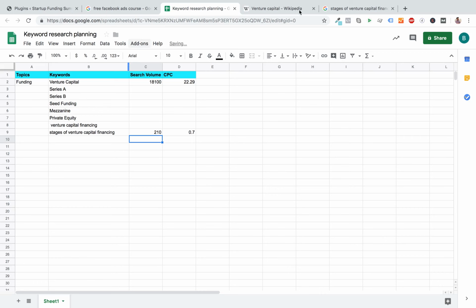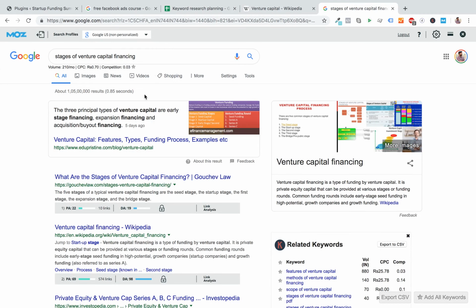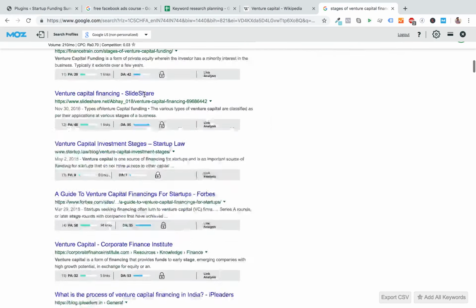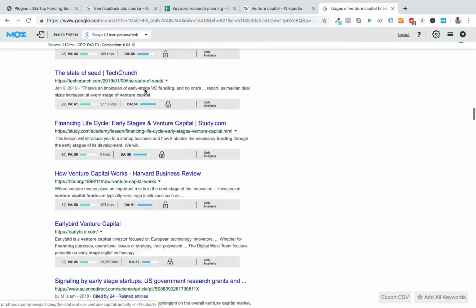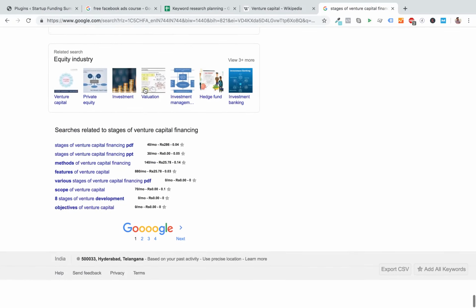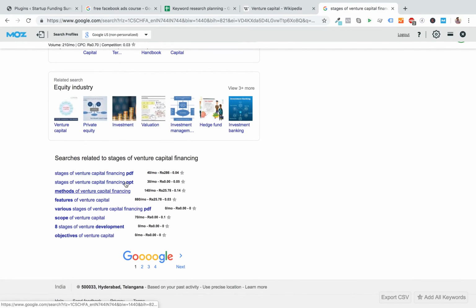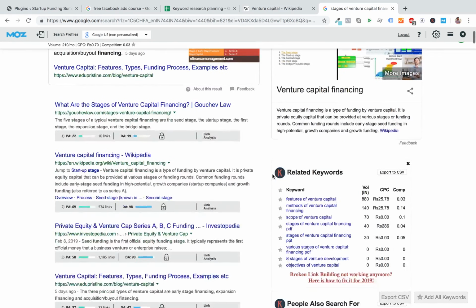Once I've got these lists, in fact, I'll also get the keywords from here. If you go to the bottom of this page, you will be able to get all the suggestions that people search. All these are also interesting things that people are blogging about. There are 880 searches per month for this, and advertisers are bidding on it at 25 rupees. Features of venture capital, methods of venture capital funding. Maybe all these are interesting topics that I should blog about, and these are areas where I can come out on top. And these are all the ideas that are there right now, right?